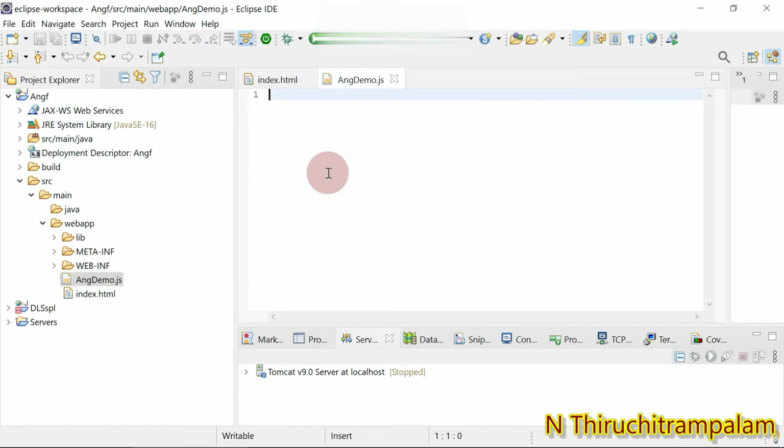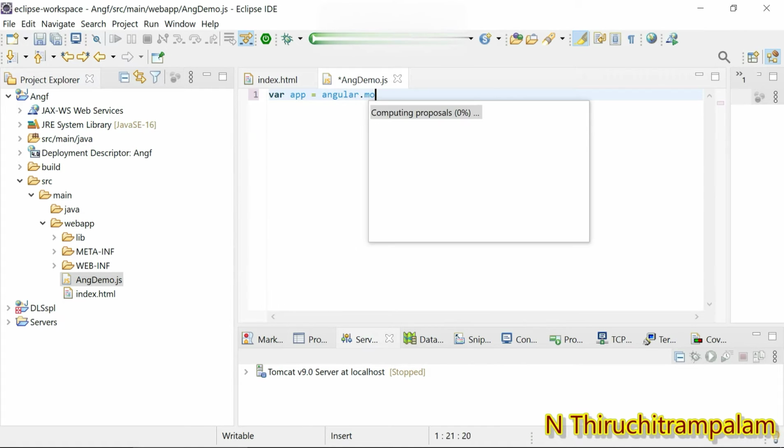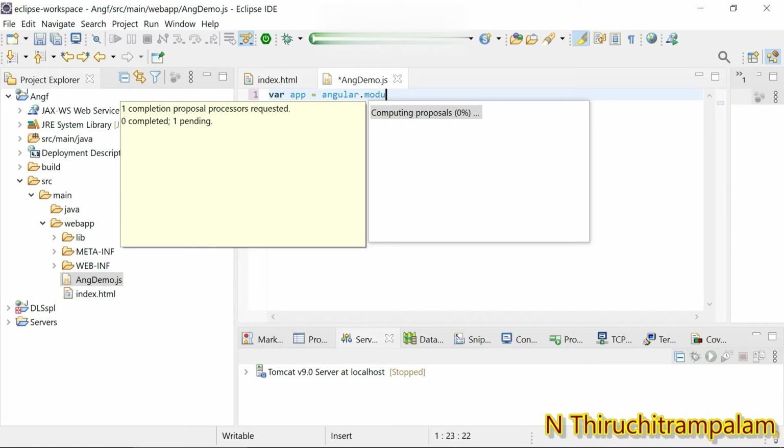Now in the angdemo.js file, what do we do? We write var app equals, and create the Angular module. So angular.module.